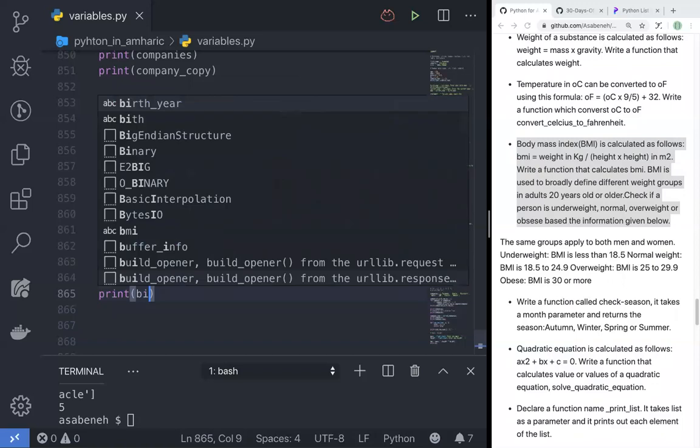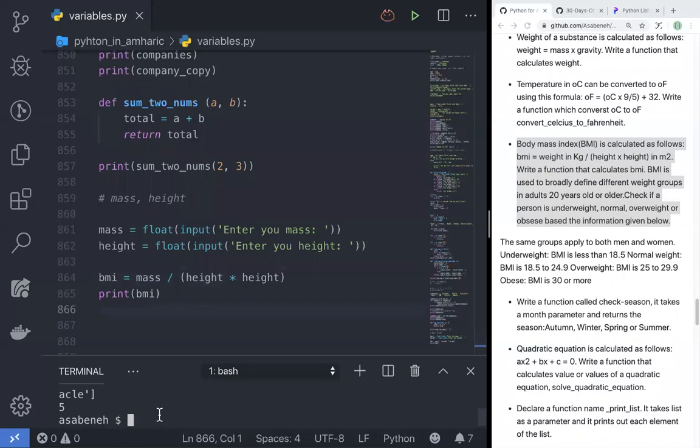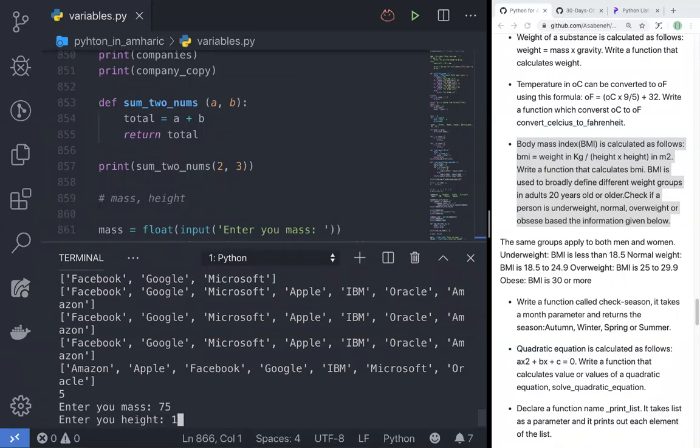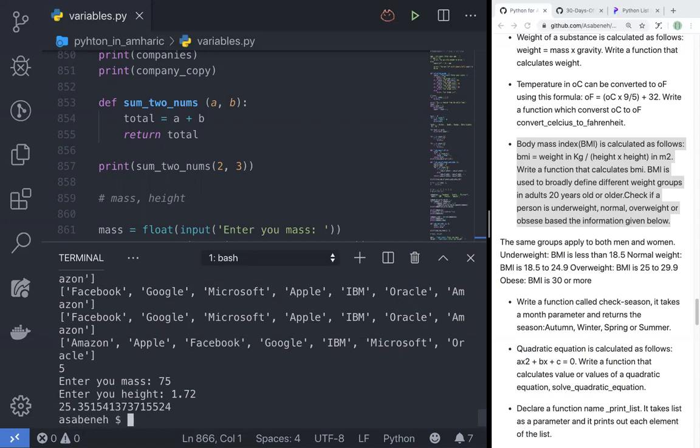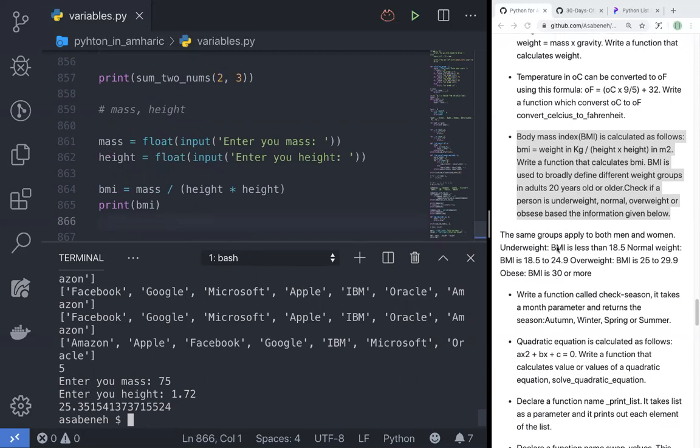Print BMI. It's asking me to check my own BMI. Okay, 75 kilograms, 1.7. How will it turn out? 72. That gave me this because it should be in meters, so the centimeter should be changed to meters. So this is what I have. Then what happens next? Actually the same group applies to both